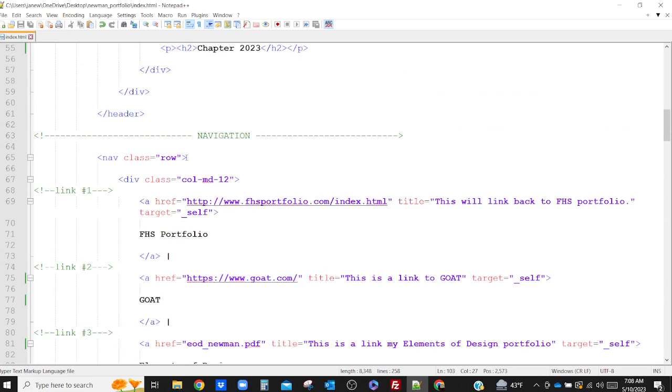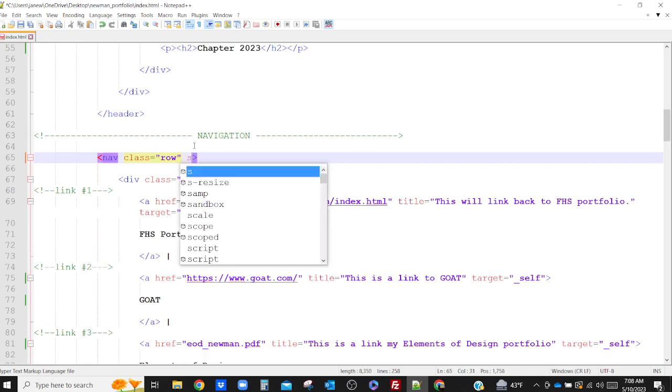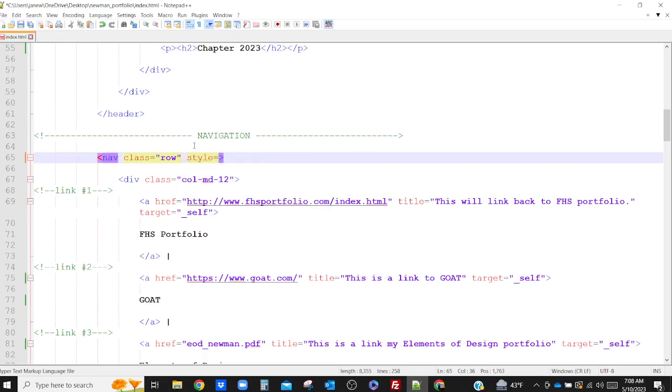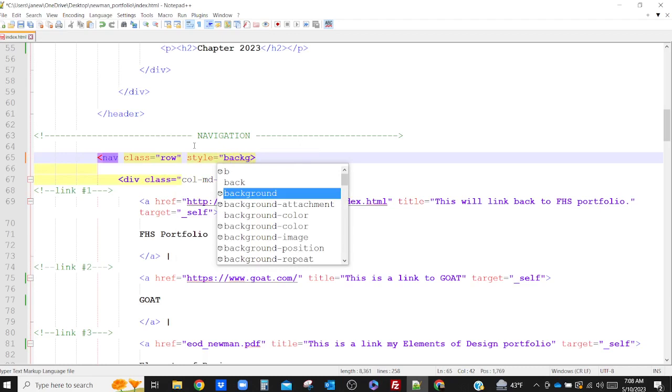All right. So I'm going to go in here. Let's do a little trickery here. I'm going to say, all right, feel free to try this as well. All right, I'm going to say background color